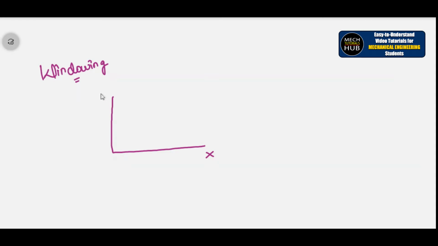Let me call this as x-axis and this as y-axis. Okay, and let us consider this as a graphic window. Okay, with let me call this as world coordinate system. Similarly, parallel to this, I'll try to draw one more.